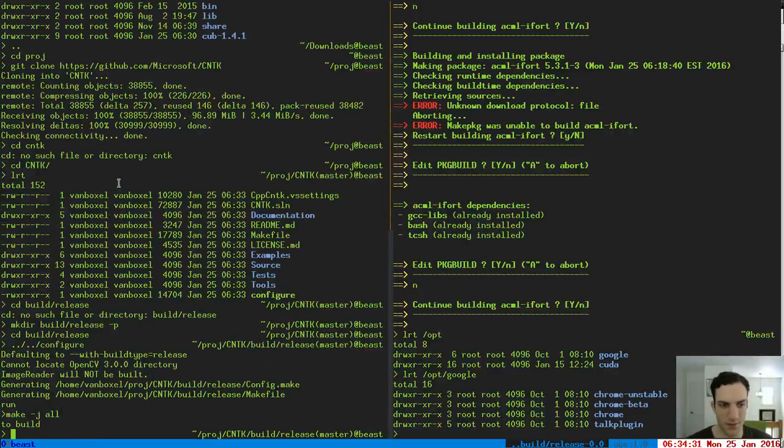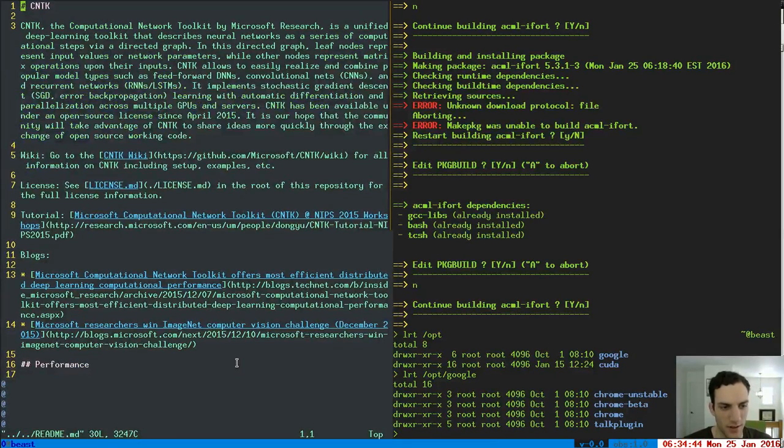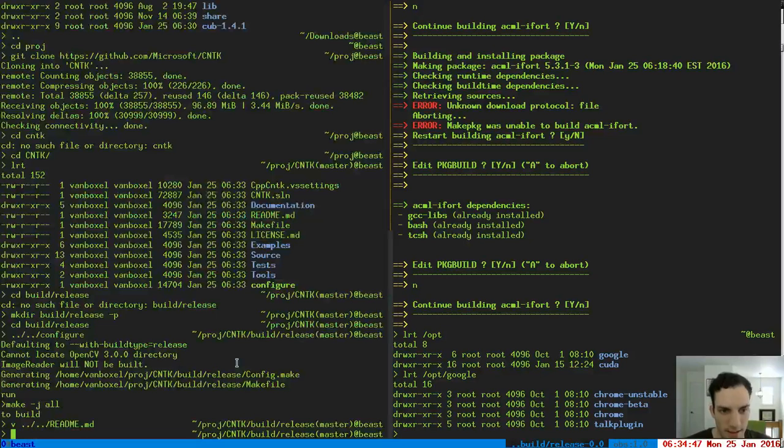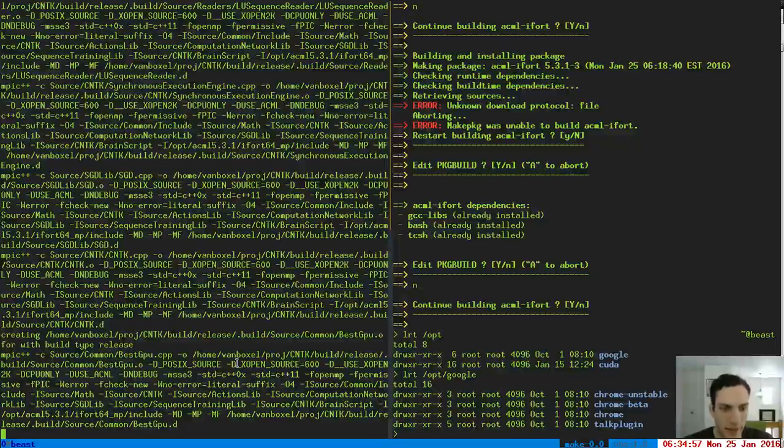Alright, so we're going to attempt to install. Generating whatever. Image reader will not be built. Cannot locate OpenCV. That's fine. I am a little curious. No, it's not in there. Okay. No, not the makefile. We're just going to go ahead with it. We're just going to do make -j all. So now we are compiling, which is, of course, the most fun part of any